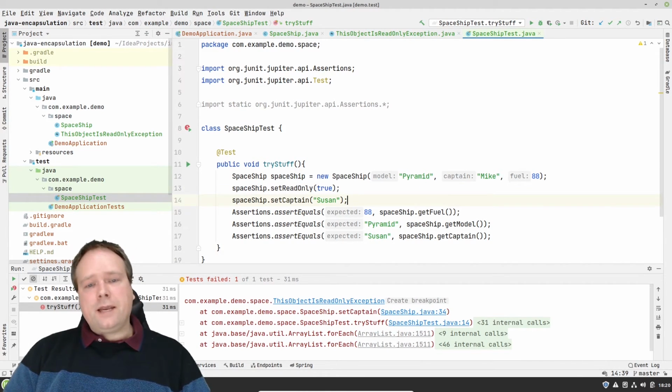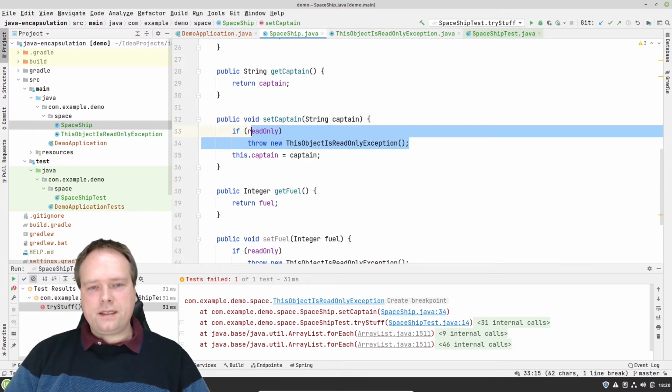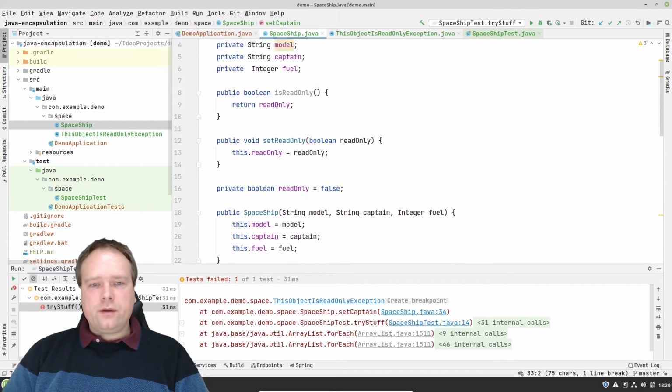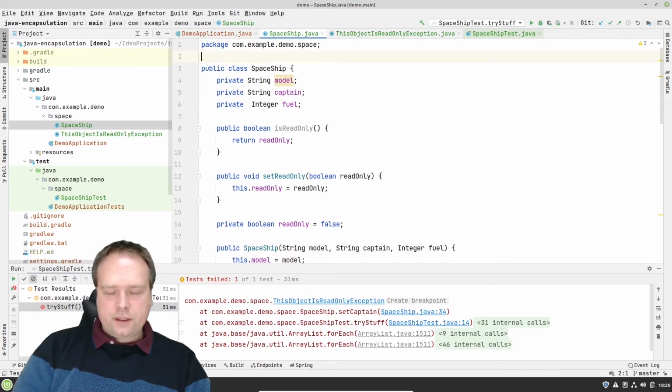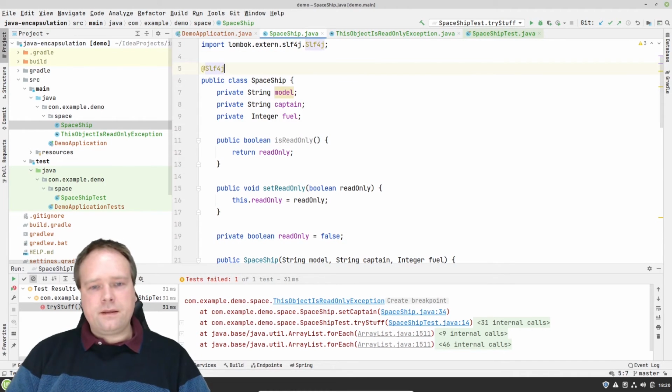Another use case for encapsulation is that if we want to do something when we set the captain, instead of just setting the captain, we could also run other code. But if you want to keep your program straightforward, then you should keep the code in the setters and the getters to a minimum. Another use case could also be that we want to log whenever some code is going to access the fields. Then we can add